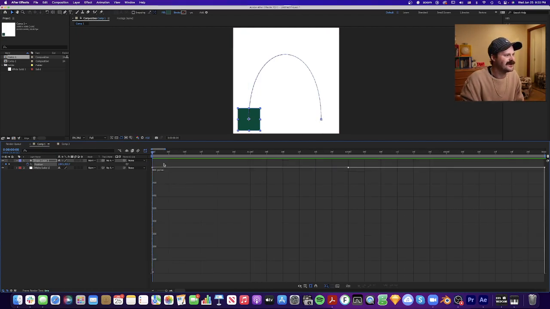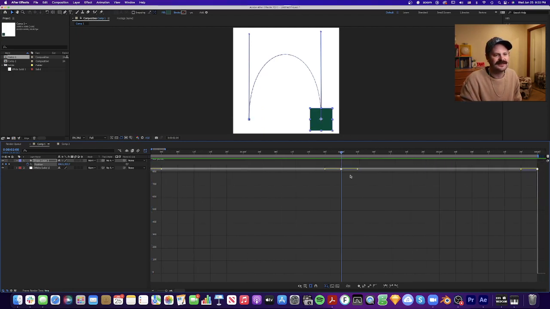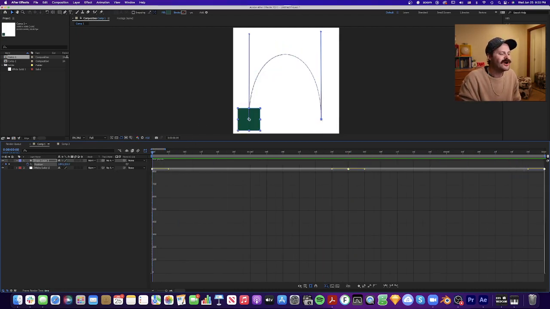I can select all of these points here, selecting our point A, select our point B, which is right here, and then holding shift to select all these, our point C. Now if I want all of these to be slow, starting or easing out of the position, easing in and out of this position, and then easing into this position, with these points selected, I am going to drag them down the y-axis to somewhere closer to